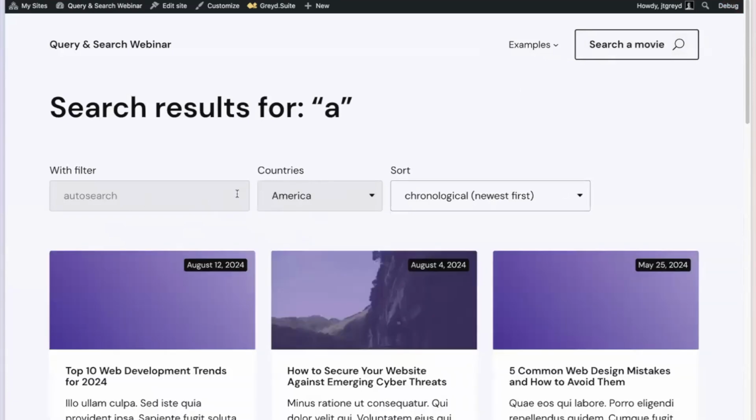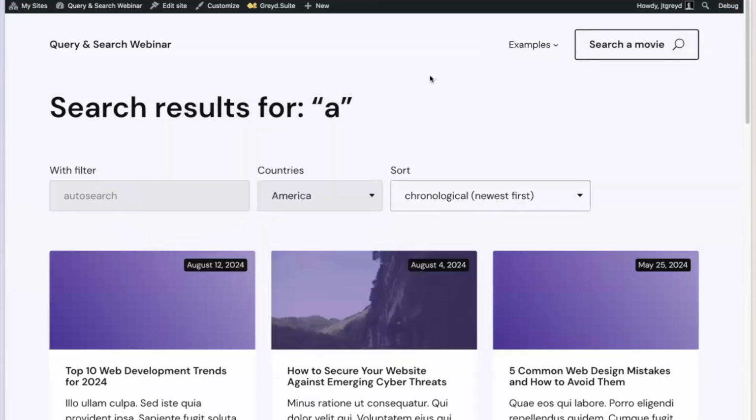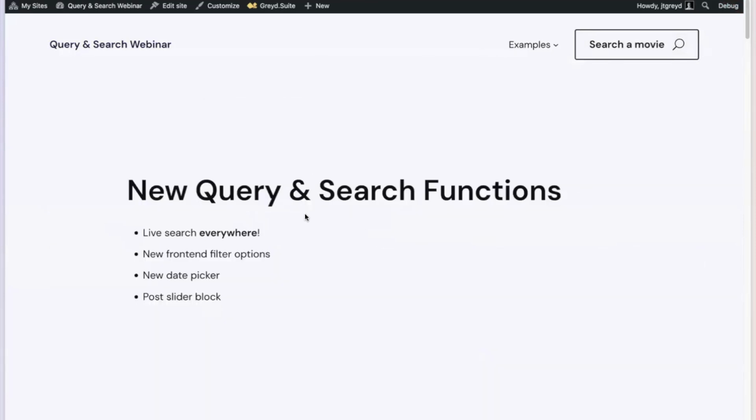And you can not only do this on a search result page, which you usually always could, but also on pretty much every page you want. So that's the first thing we're going to look at.